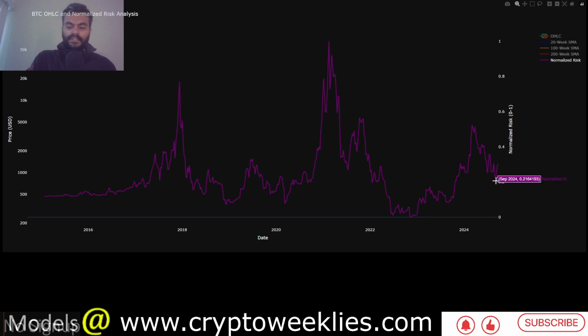The key idea with this analysis is whenever the risk for accumulation is less than 0.2, that's a decent time to get in. So the last time when Bitcoin's price was at around 50k, at that time the risk levels, per this normalized risk chart, were around 0.21 risk. So over the course of the bear market, starting May of 2022 till about October of 2023, that's where Bitcoin was, per this analysis, in an accumulation zone.